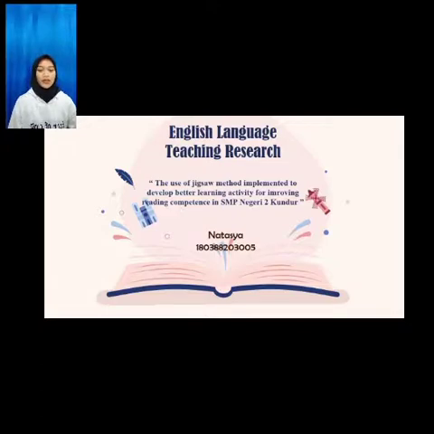Subject English Language Teaching Research, and my title is the use of jigsaw method implemented to develop better learning activity for improving reading competence in SMP Negeri 2 Kundur. Alright,